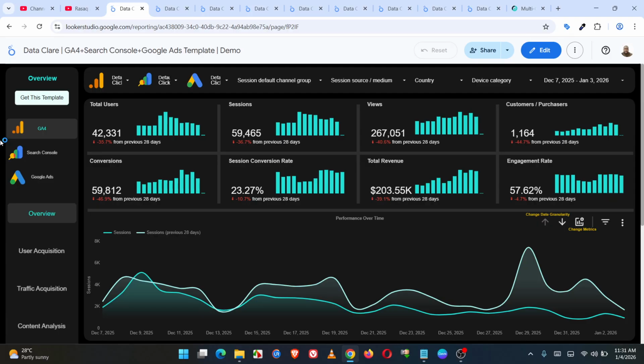In this video, I will explain how to use my multi-channel Looker Studio dashboard templates. At the time of recording this video, I have 9 multi-channel Looker Studio templates. The majority of them are a combination of existing single templates: I have a standalone GA4 one, a standalone Search Console one, and a standalone Google Ads